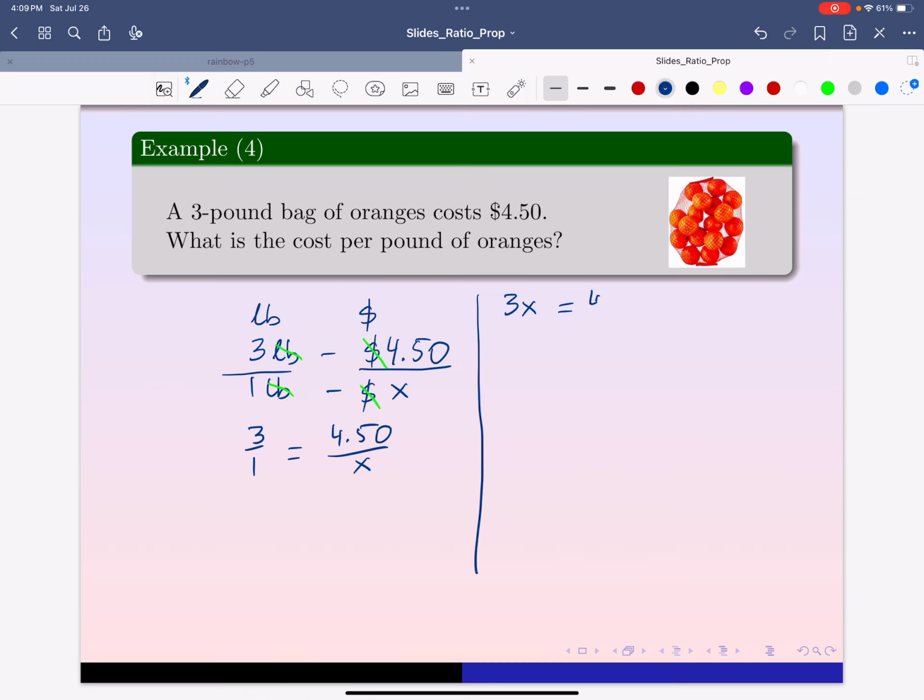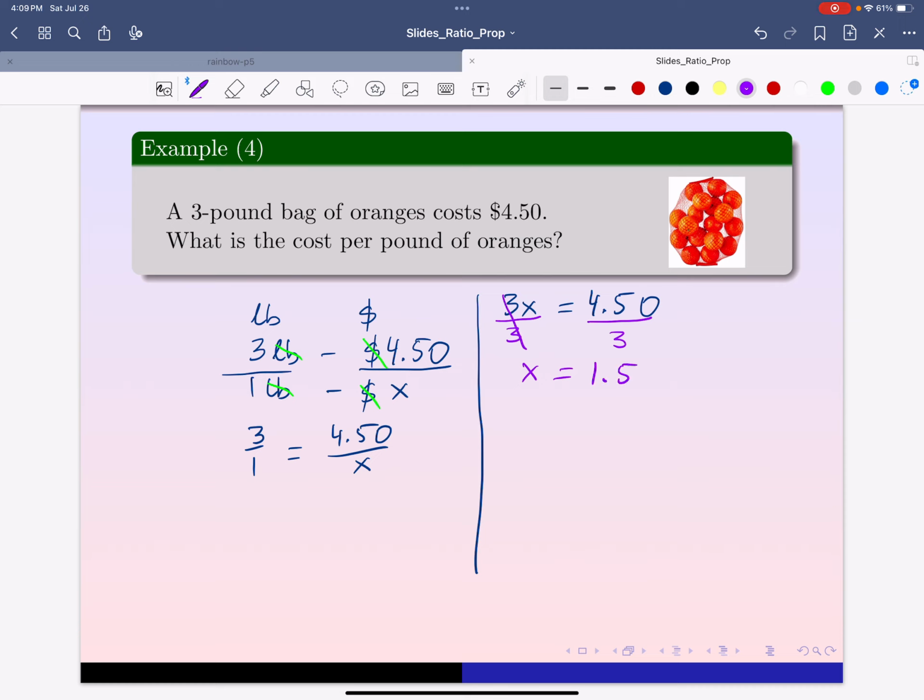To solve it for x, we need to divide by 3, divide by 3. So this cancels out, and x is equal to, on the calculator, 4.5 divided by 3 is 1.5,